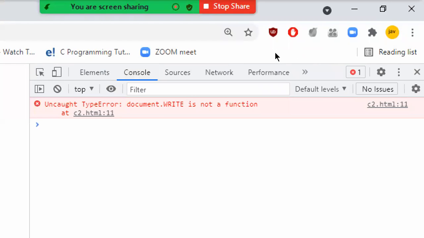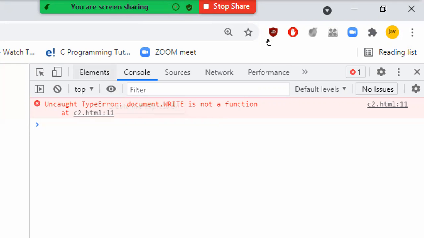It says document.write is not a function. It tells me clearly what the problem is. Where is it? The file name is c2.html, then a colon, and 11. So 11 is the line number where exactly your error has occurred.